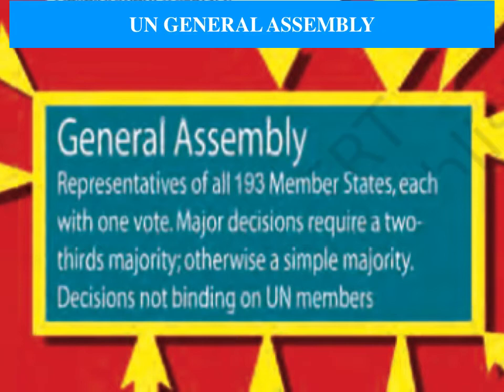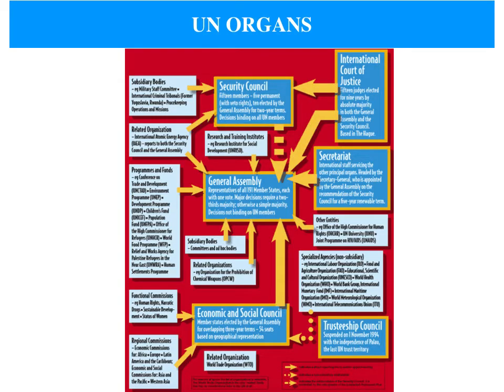Besides electing new members, one of the main jobs of the General Assembly is also to maintain international order and to discuss all matters that concern the United Nations Charter. Now, we need to keep in mind that decisions made in the General Assembly are not binding on the UN members. Fine? Next we have the Security Council.